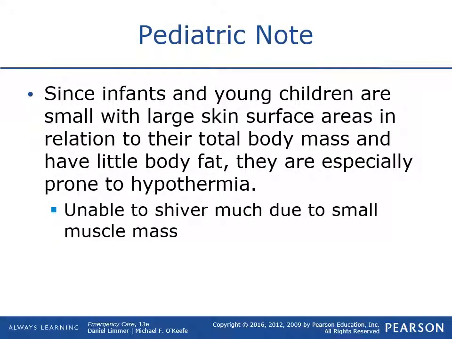On the pediatric side, infants and kids have just a little bit of blood circulating through there. It's harder for them to regulate body temperature and stay normal. They have just a little bit of body fat, so they're really prone to hypothermia. The best analogy for little kids is a big house with a little itty bitty furnace.